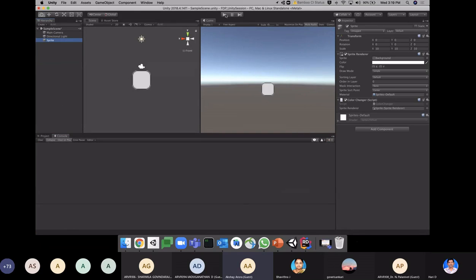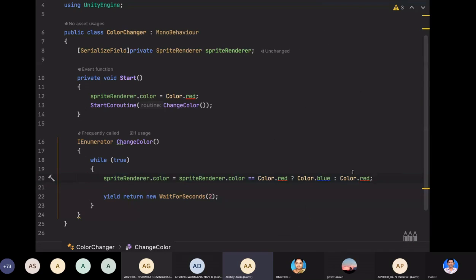Okay, let's now play this. Now you see, it changes to blue. After 2 seconds, it changes to red. Again blue, again red. Okay, now let's change it so that after every 2 seconds